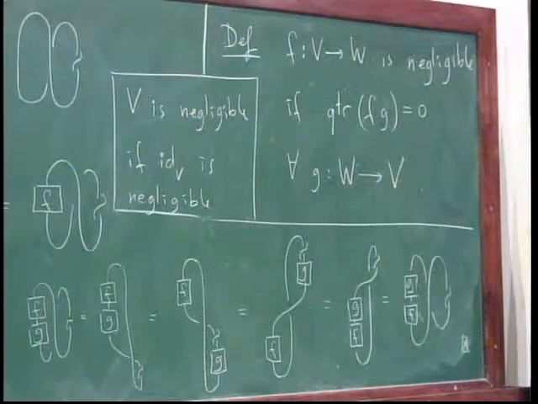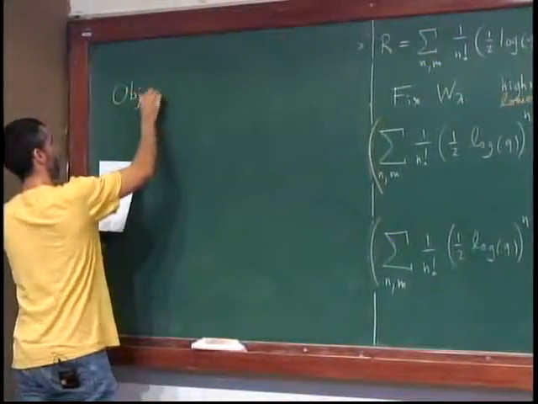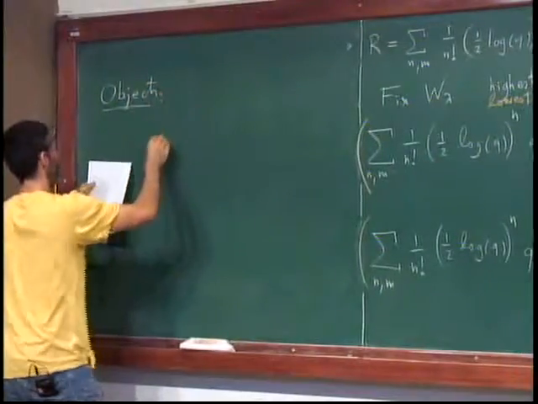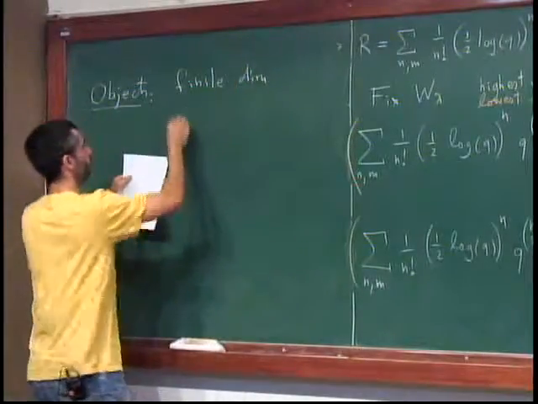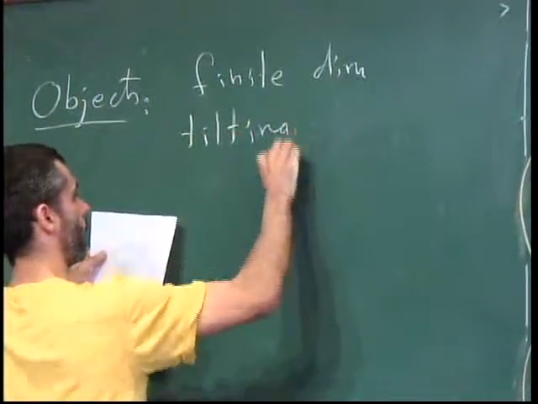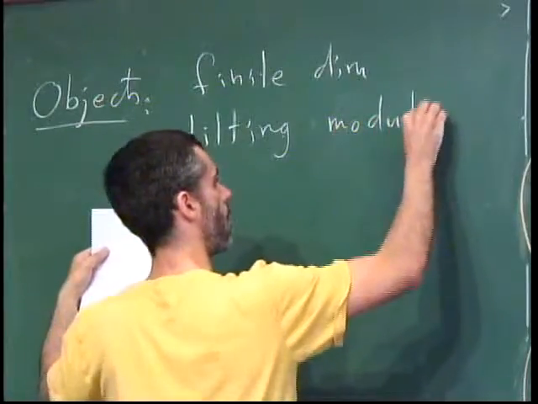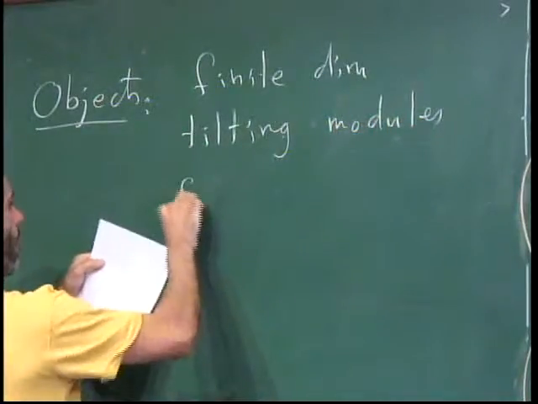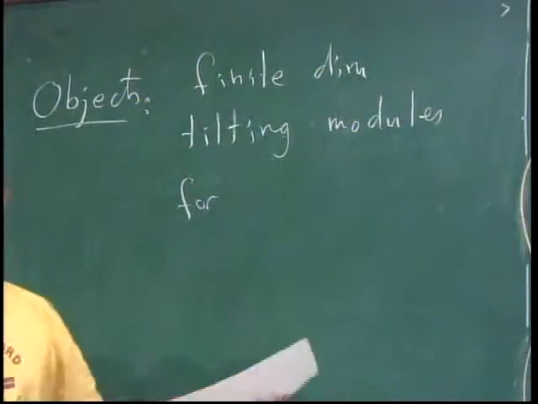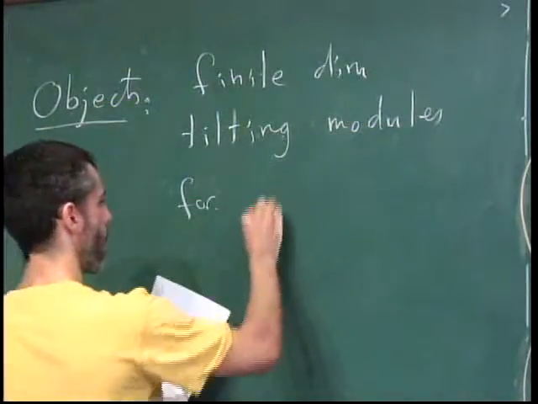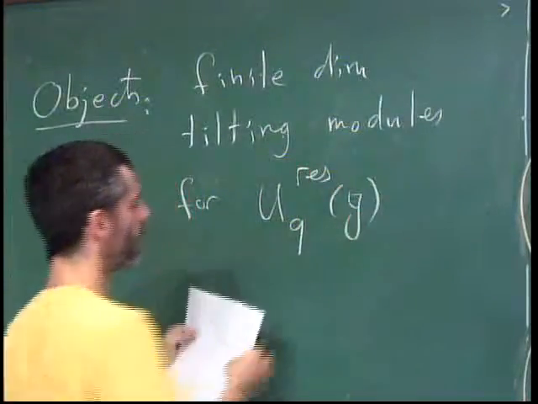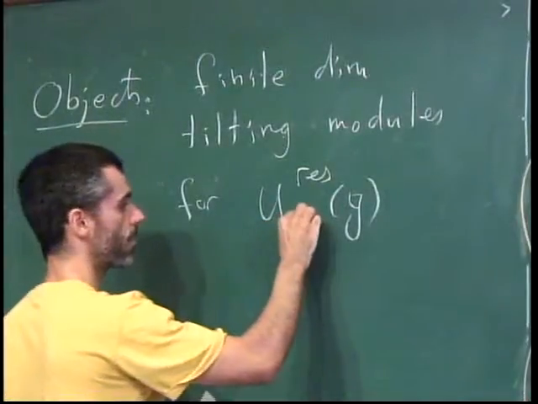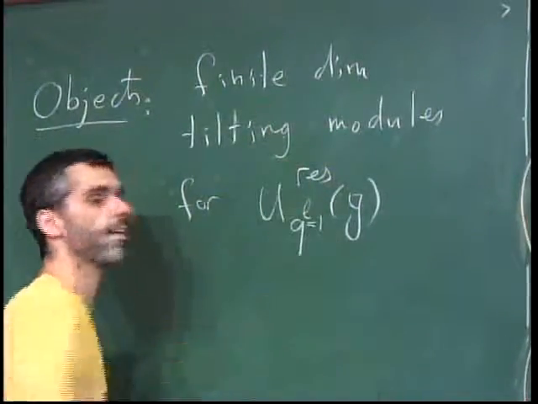So let me just say, the objects are finite dimensional tilting modules for, and now I'm back at the root of unity case because that's the interesting one, U_q res G. And q is a root of unity, so let me write it as q to the l equals 1 here in the index,